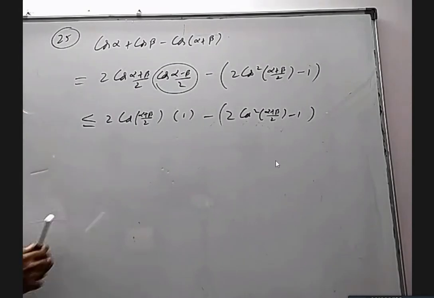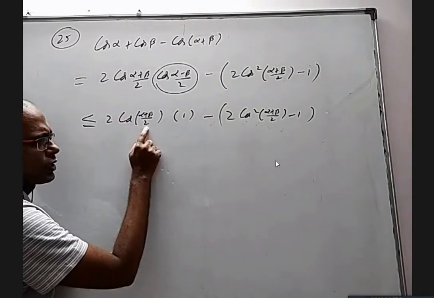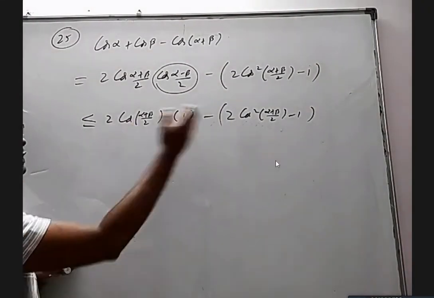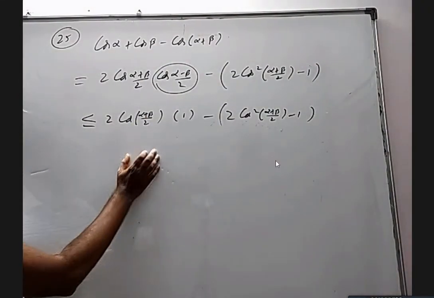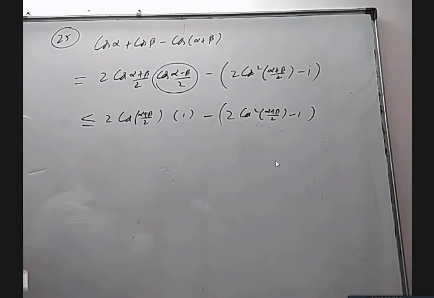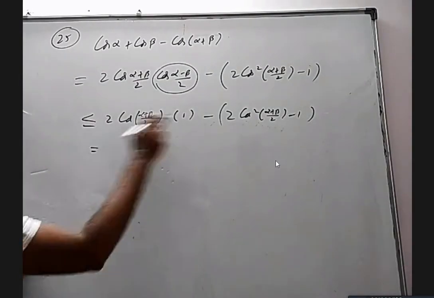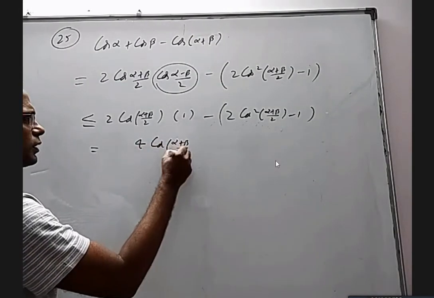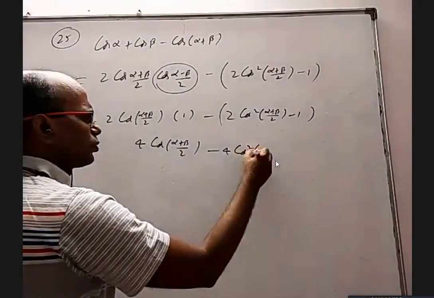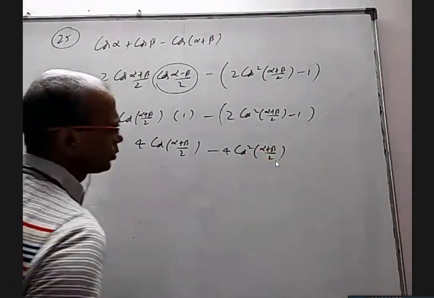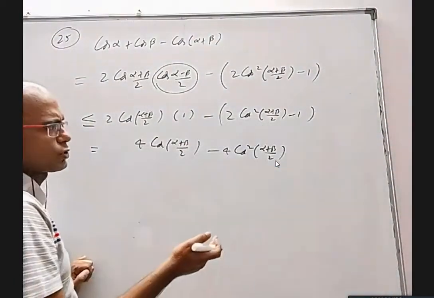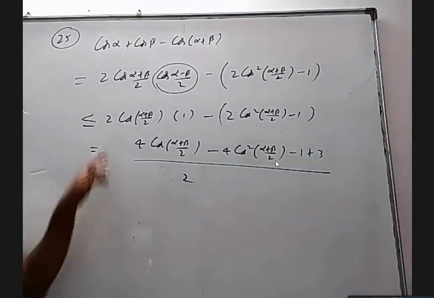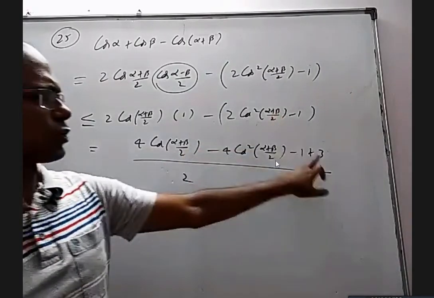Now you see, this and this are the same. It is not a different quantity. So I can make this a quadratic expression in terms of cos (alpha plus beta)/2. I can make a perfect square properly and find the maximum value. I'm going to multiply with 2 and divide with 2. I'll tell you why. 4 cos (alpha plus beta)/2 minus 4 cos square (alpha plus beta)/2 plus 1. Now it will become plus 2. I'm going to write that as minus 1 plus 3. Multiply 2, divide with 2, and the constant 2 I adjusted like this.